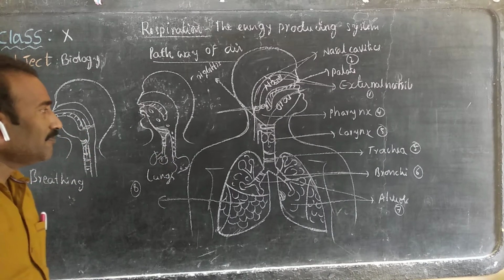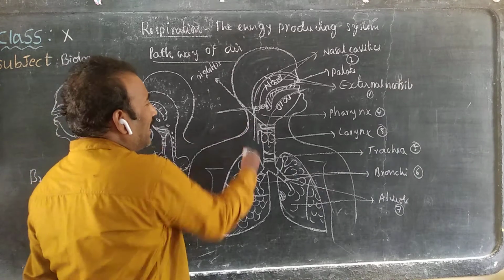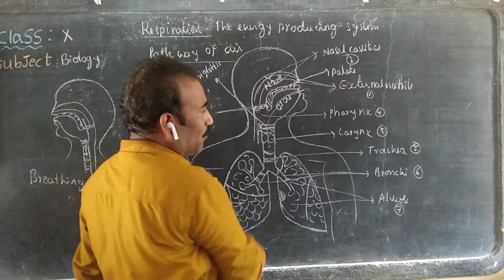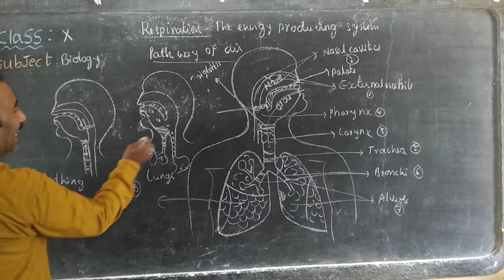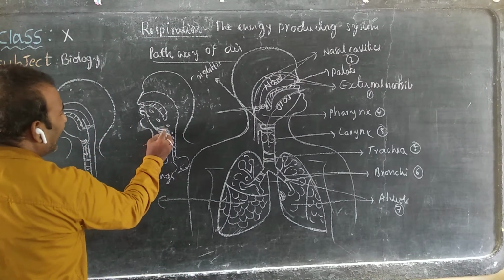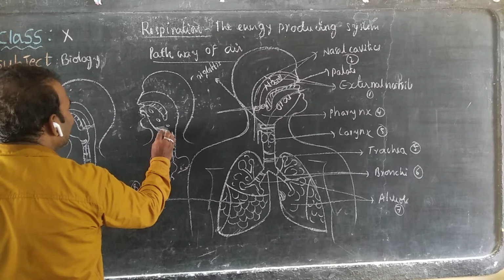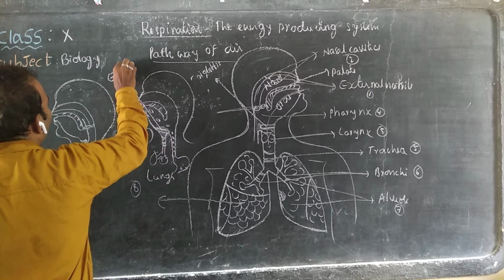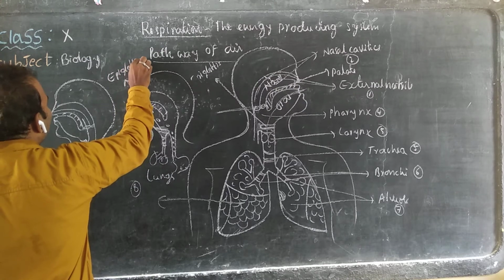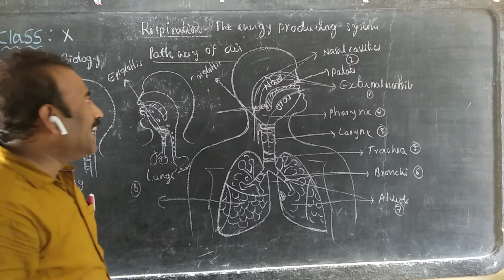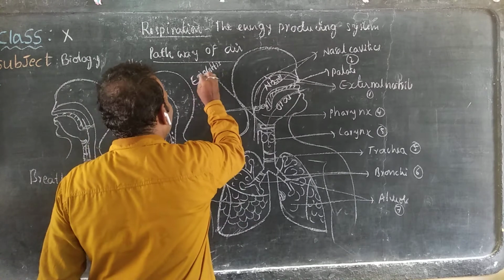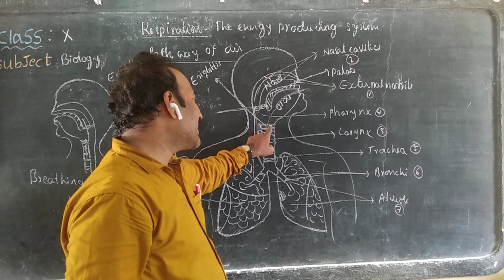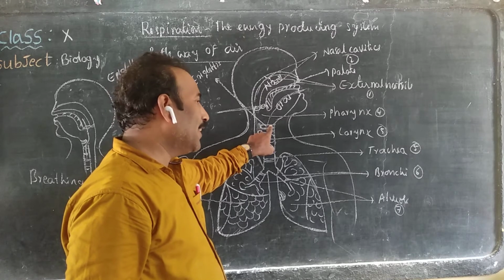Okay. The next part in the human digestive system is the epiglottis. Already told you what the epiglottis is. At the lateral of the pharynx there is a cartilaginous slit that is called an epiglottis. What is the epiglottis? The cartilaginous slit that is present at the lateral of the pharynx is called an epiglottis.